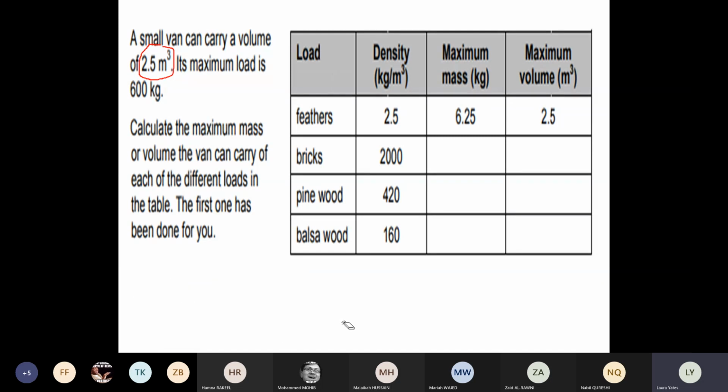Right, okay, so in this calculation, a small van can carry a volume of 2.5 meters cubed. Its maximum load is